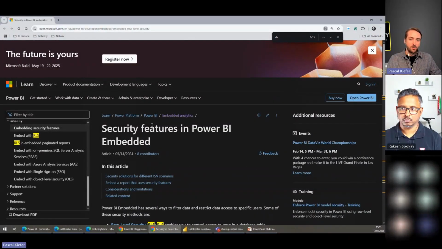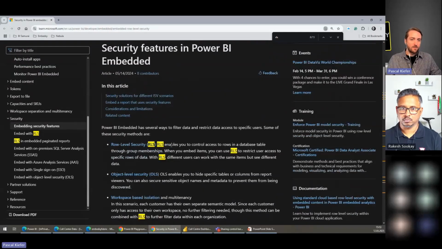This is about the security feature in Power BI Embedded, and it describes row-level security. So if somebody is really interested, this is the way to learn: going through the Microsoft documentation and making sure to use the correct API calls, because what needs to be